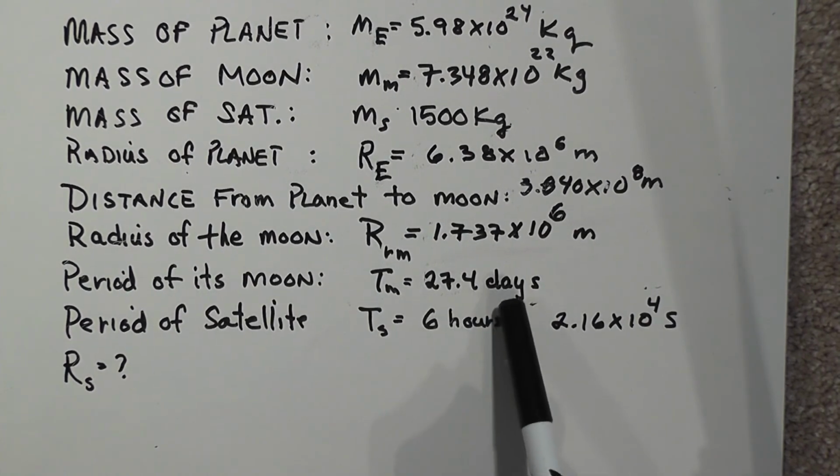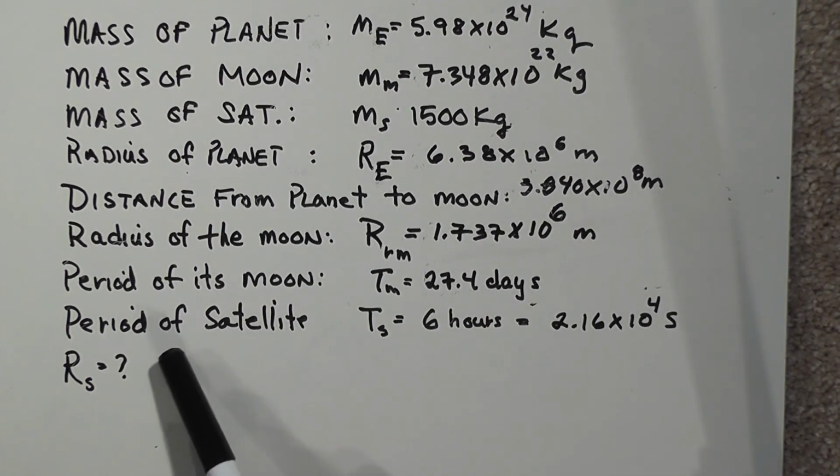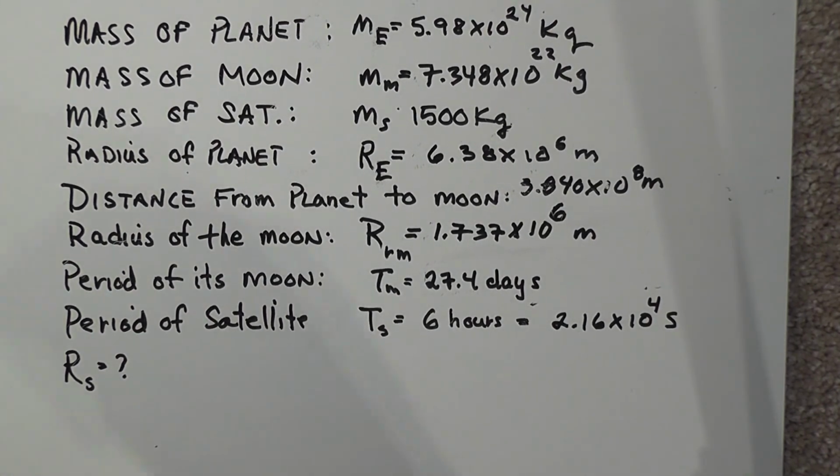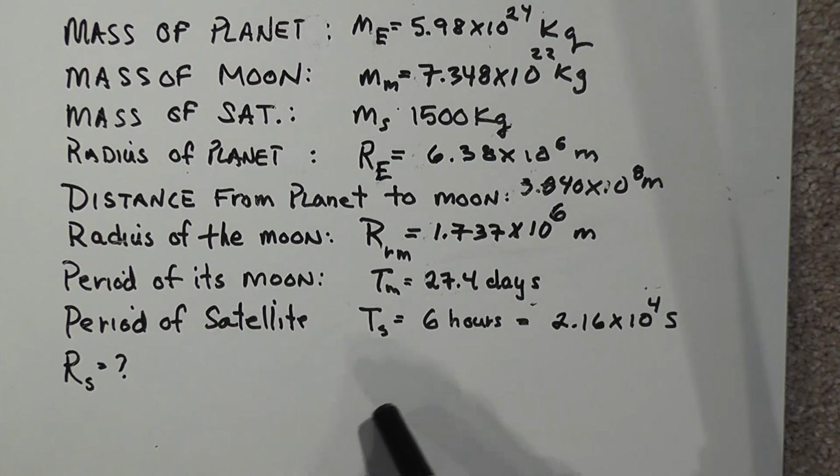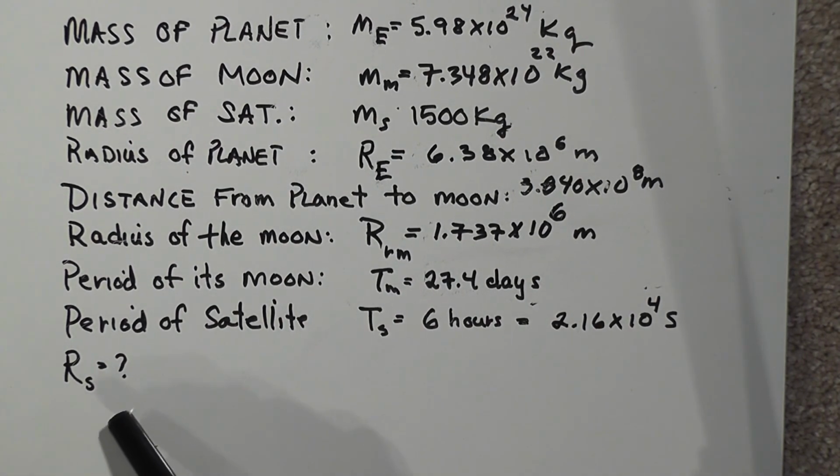the period of its moon, which is the Earth's moon, is 27.4 days, and we're going to use a satellite that actually orbits. One orbit takes 6 hours around the Earth. And what we want to do also is to find the altitude of that satellite at that height. Okay, so Newton's law of gravitation,